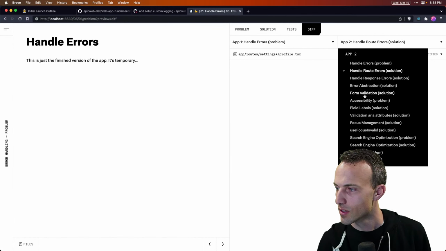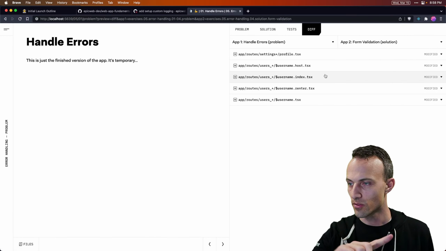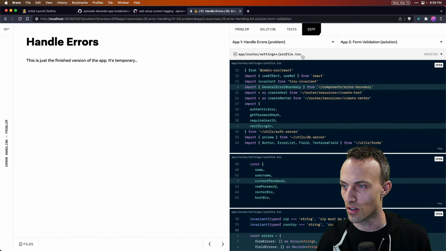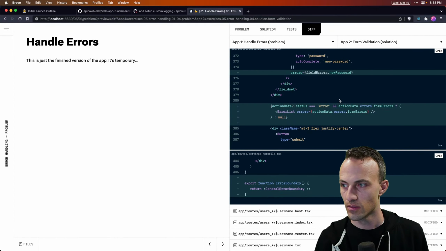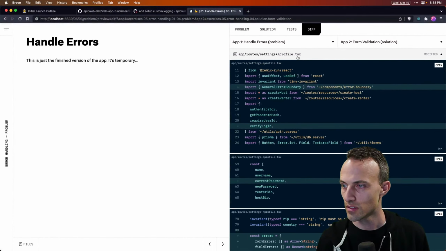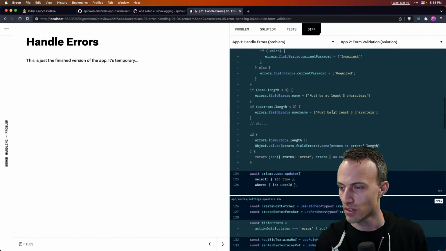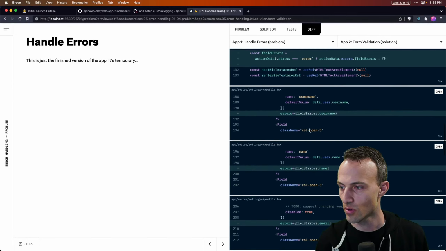There we go. Form validation solution. So going for the whole exercise, these are all the files that are impacted. So profile, all the form validation, here's the form errors.